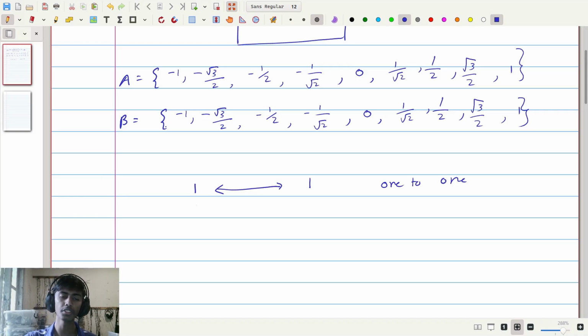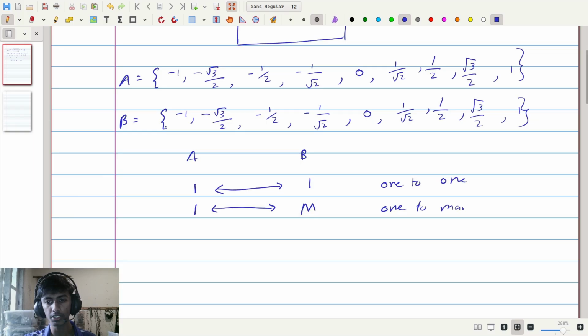We've also had relationships where one element of A goes into multiple elements of B, and multiple different elements of B correspond to a single element of A. So in this case, this one is what I called a one-to-many relationship. And I also turned that same relationship around, and then I showed that many inputs of A can go into one input of B, where one input of B goes into many inputs of A. This is a many-to-one relationship,